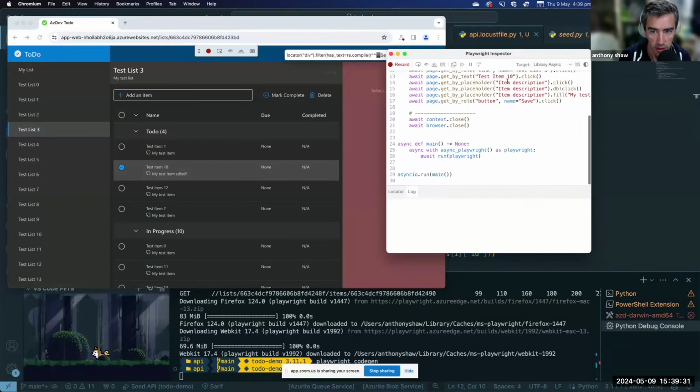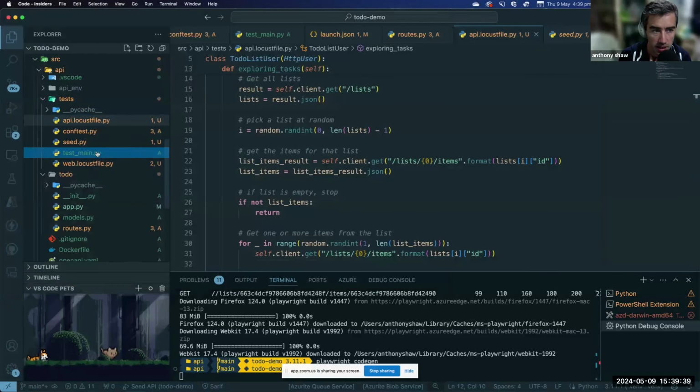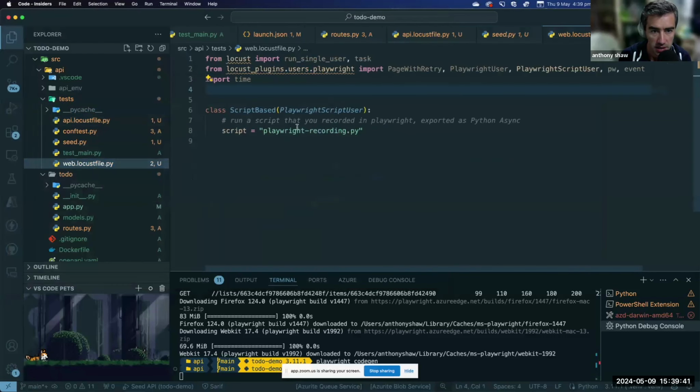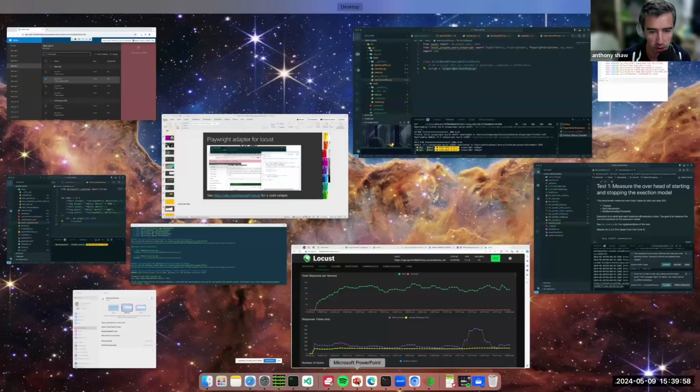What you can do with Locust is you can pick library async. You can copy that code and save it as a file. And then you can create a load test that says, run this script for a user. What that will do is actually run a browser in the background, and each user is actually a browser. So it will fully simulate the whole application. That's different to running it by just making server requests.